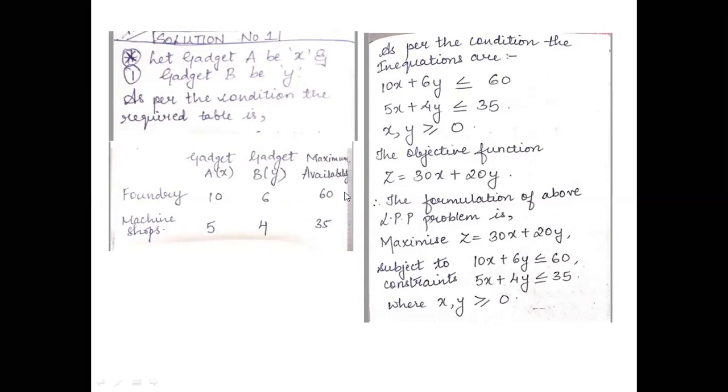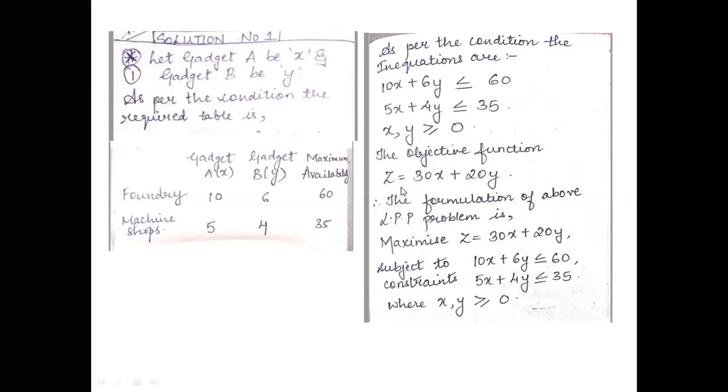So as we are done with our inequations, I told you all we have to always mention the non-negativity constraint. And what was the explanation I taught you all? No firm can produce negative products, correct? No production can be done in negative numbers. So that is why this is a very, very important part that you have to always write after finishing your constraint parts. So x comma y is always greater equal to 0.